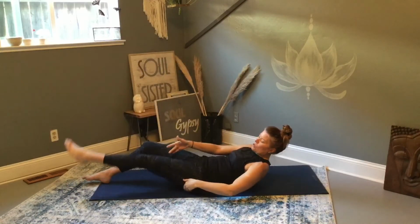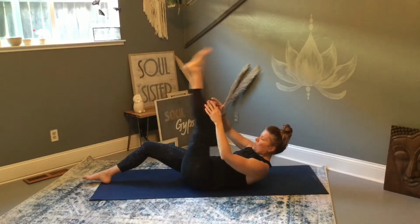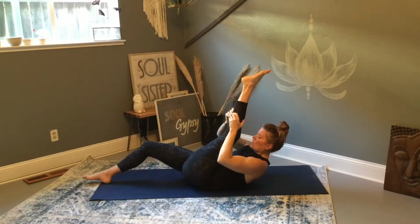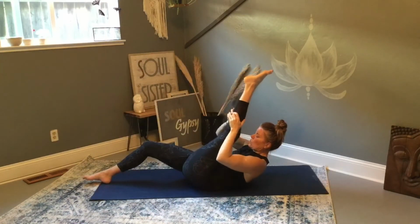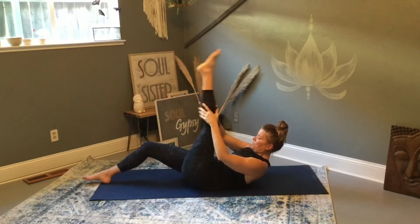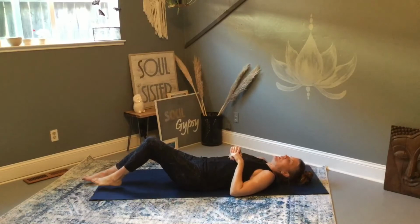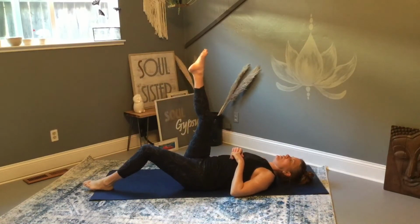Notice the stretch down the back of the leg. Assist the pull, the stretch. Try to slow down the extension so that we're not moving too fast. Good. All right, bring this leg down, bring the head down, rest a moment. We're going to switch legs, lift up,